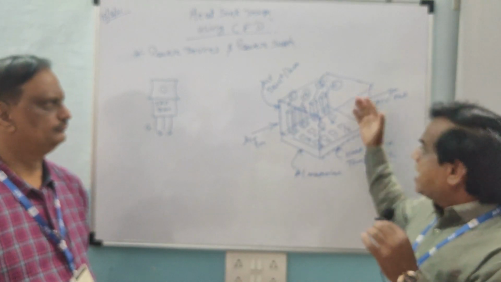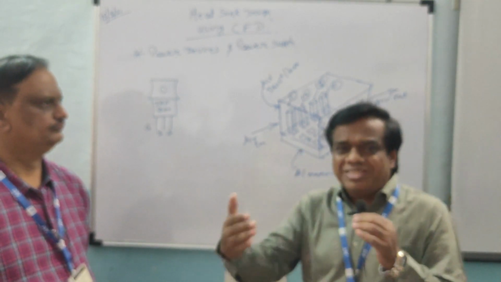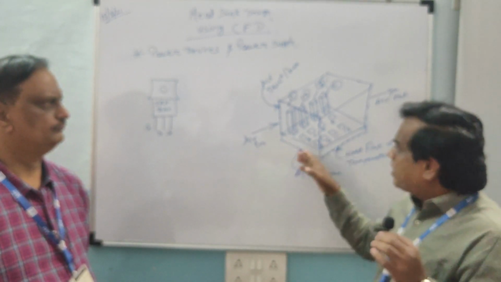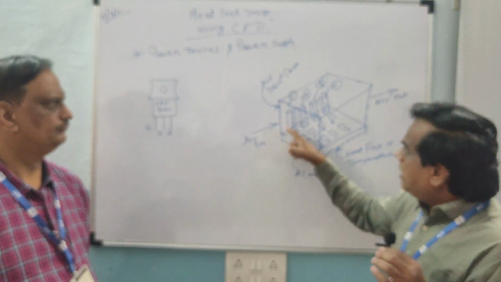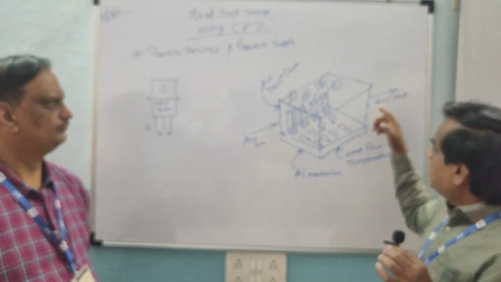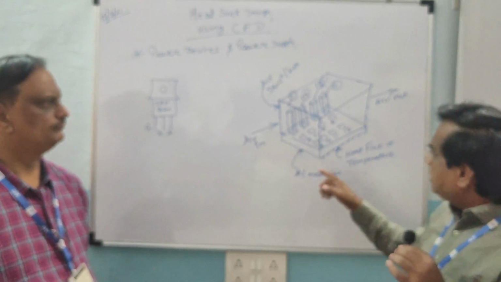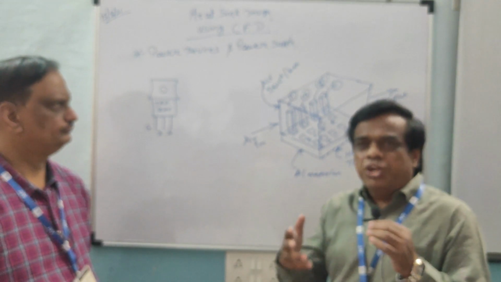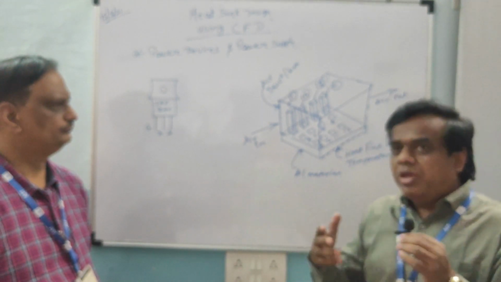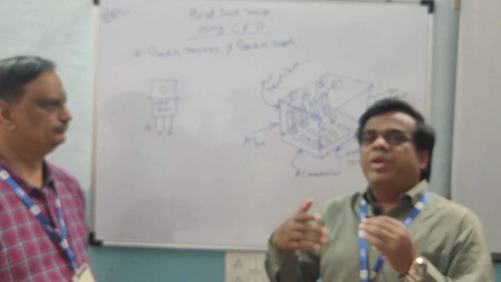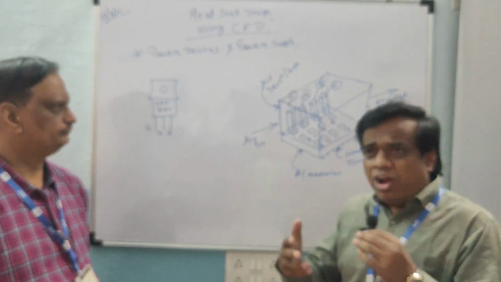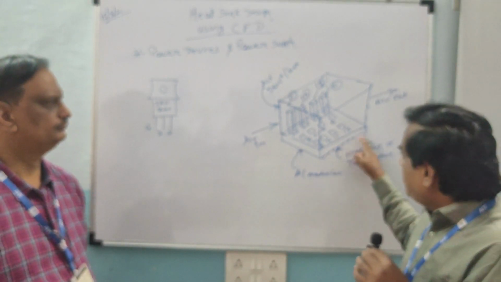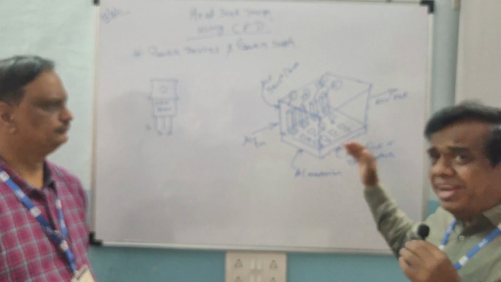And once we get an air duct, we need to define from which side air is coming inside to the fins or the surface. For that purpose, you can see I have shown air in, that is the inlet, and air out. And if you look here at the base, there is a heat flux or temperature we need to give. As sir told, at a junction point a very high temperature may occur, and which may lead to a hotspot problem. So for that purpose, we need to define what should be the temperature or heat flux.